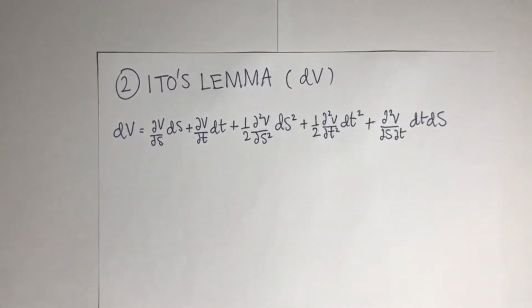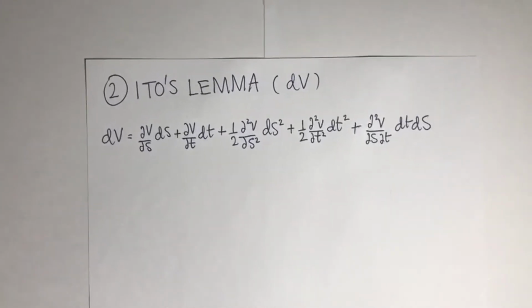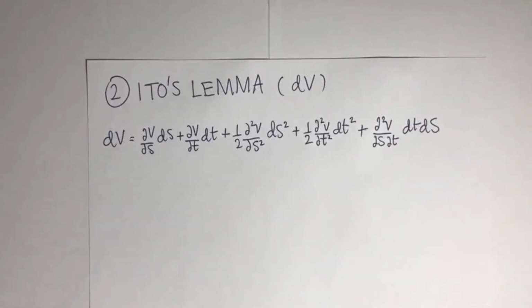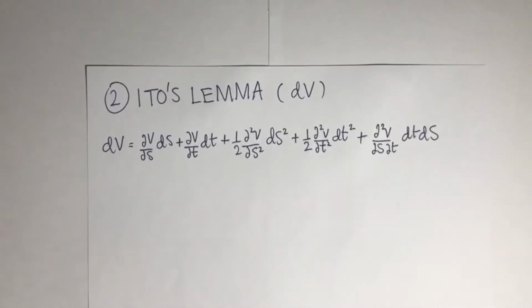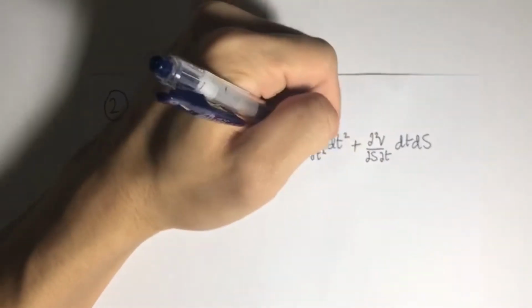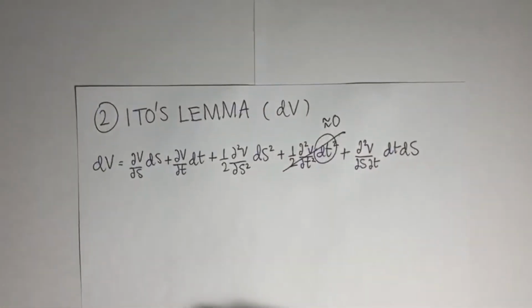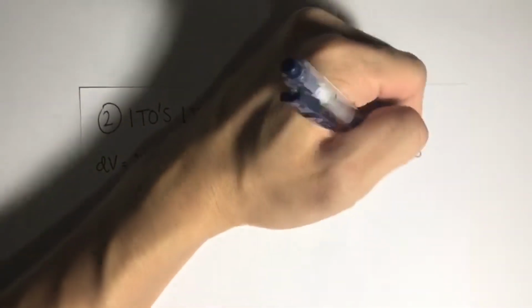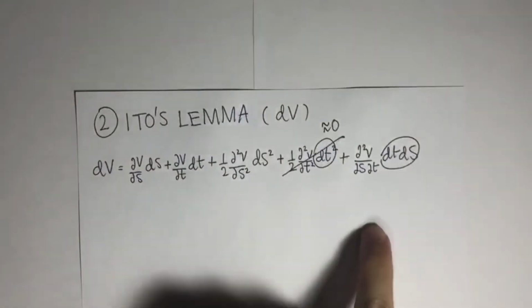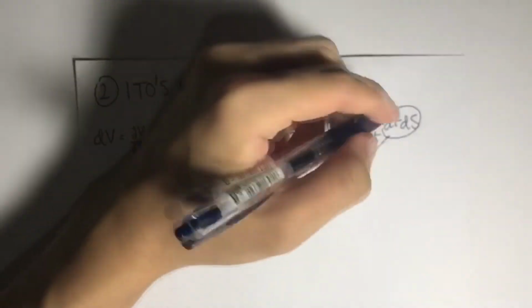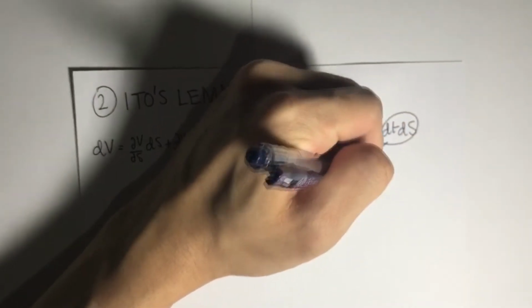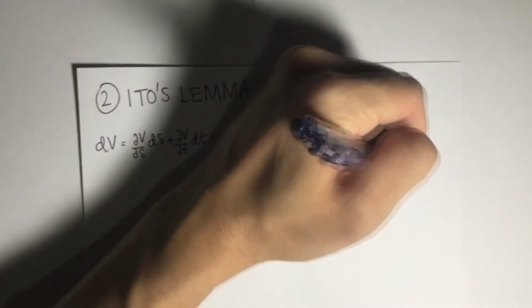Next, let's come to our Ito's lemma, or dV, with the following equation. Then we want to try to eliminate some terms. We see that as dt squared is very small, approximately equal to 0, we can eliminate this term. Then we want to determine the dt multiplied with the dS. We see that we can expand this into dt times the whole bracket of mu S dt plus sigma S